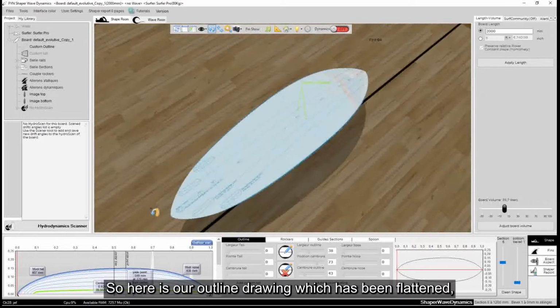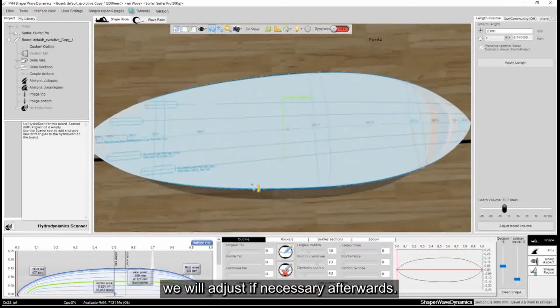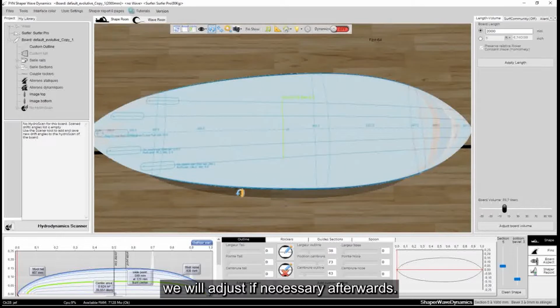So here is our outline drawing, which has been flattened. We will adjust if necessary afterwards.